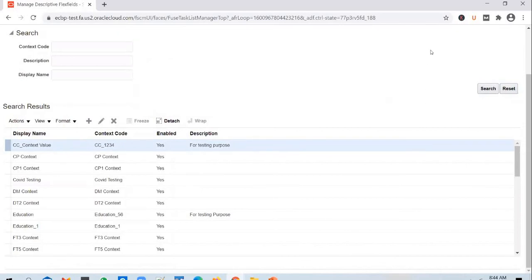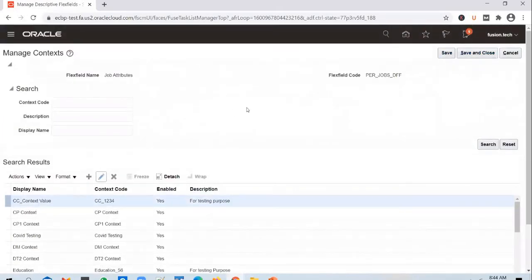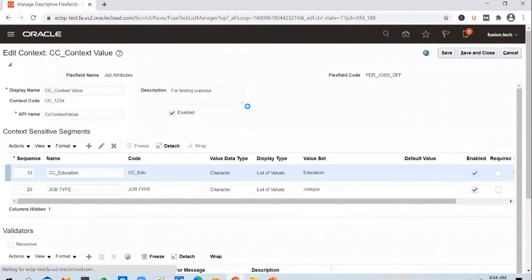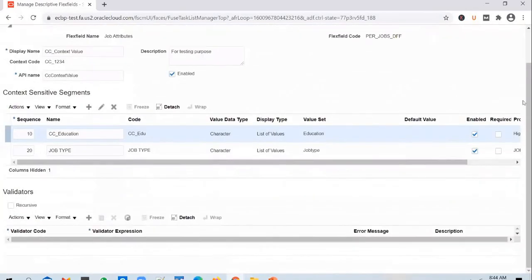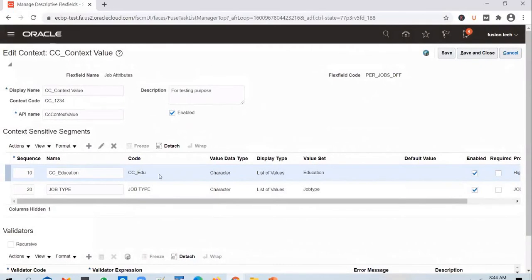Okay, so it has been edited. Going into each and every one, you need to first delete the segments, and then you will have to delete the context. So I don't think it's a feasible solution now. What we'll do is we'll try to deploy the flex field and see what is the error that we're getting.